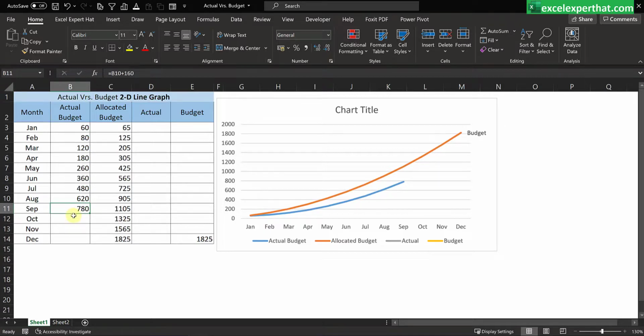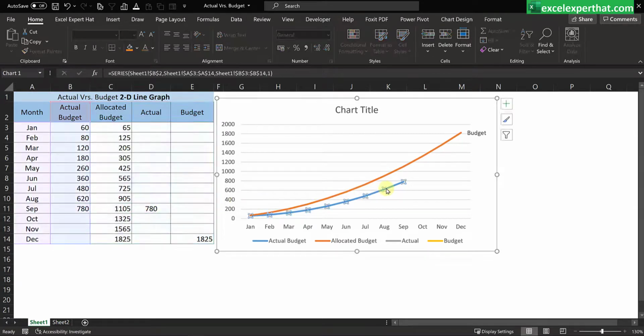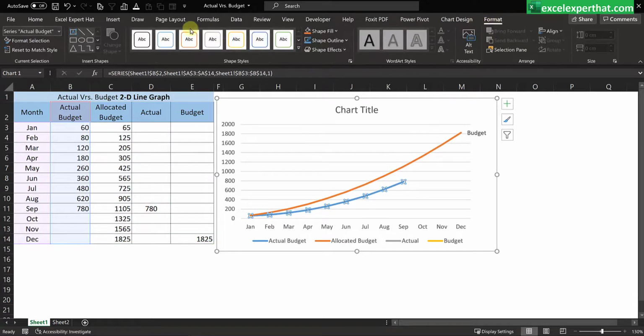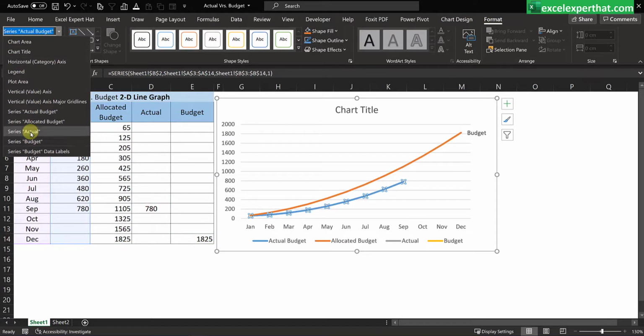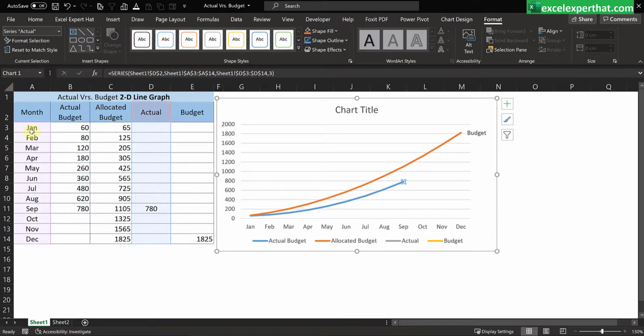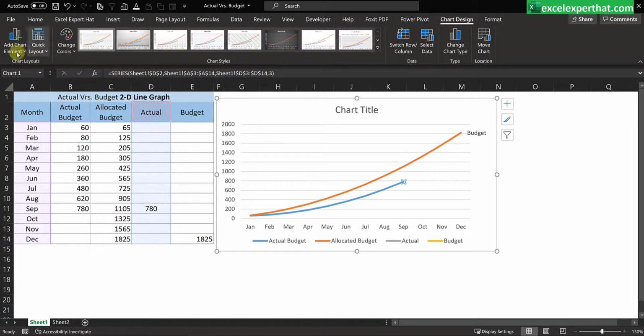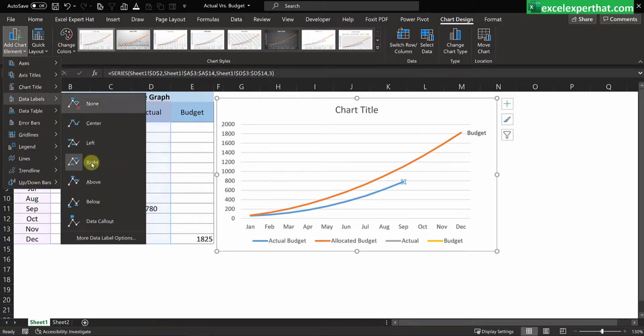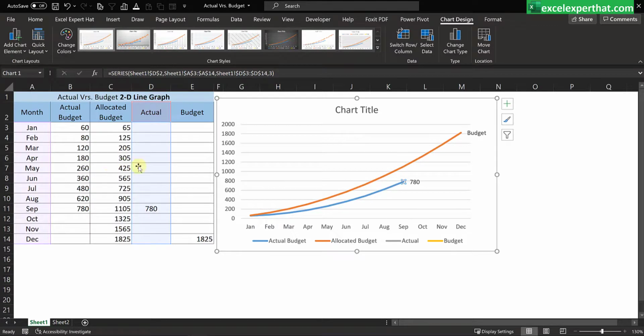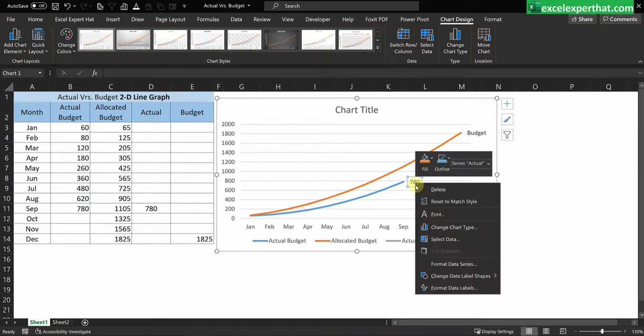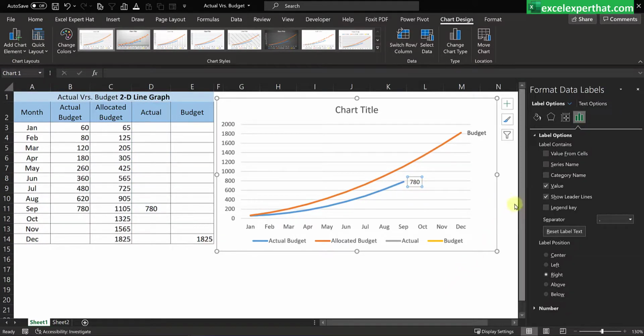If I put 780 and follow the same procedure, go to Format, go to actual, then Chart Design, Data Label, and right side. Here 780, I will change this in Format, select Series Name, deselect Value and Leader Line, and here actual will be displayed.